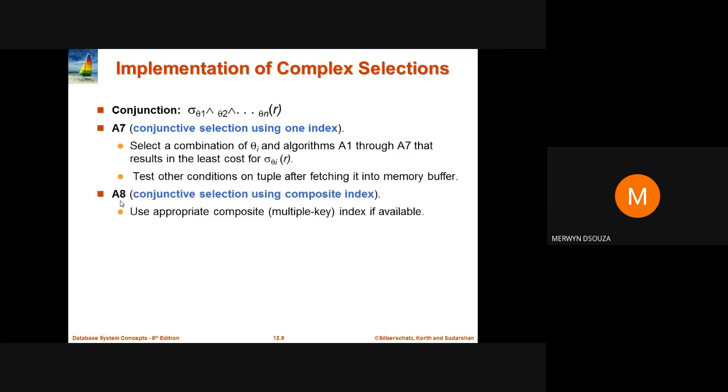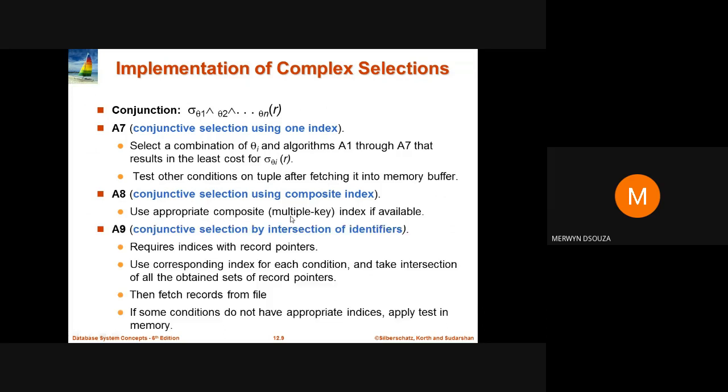The next algorithm that we could use for conjunction is when we are using a composite index. We could use an appropriate multiple key index if it is available. The next type of algorithm is selection by the intersection of identifiers.